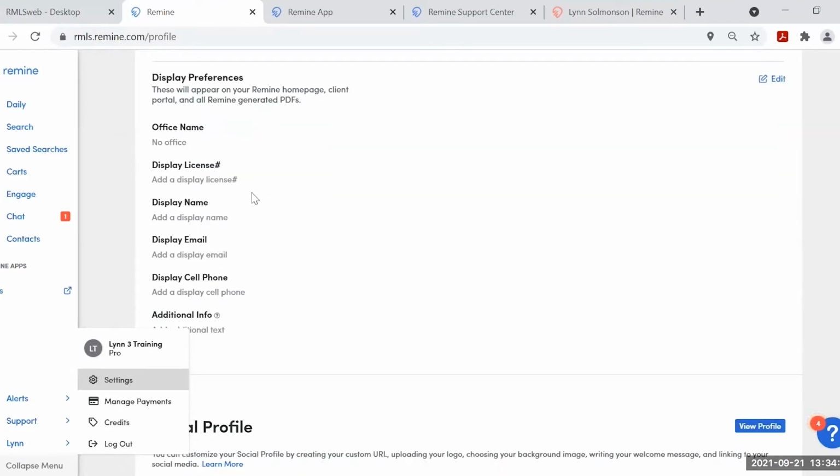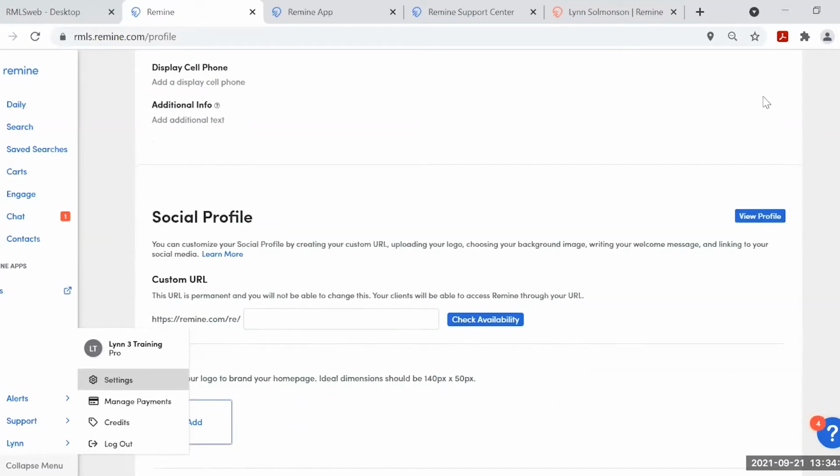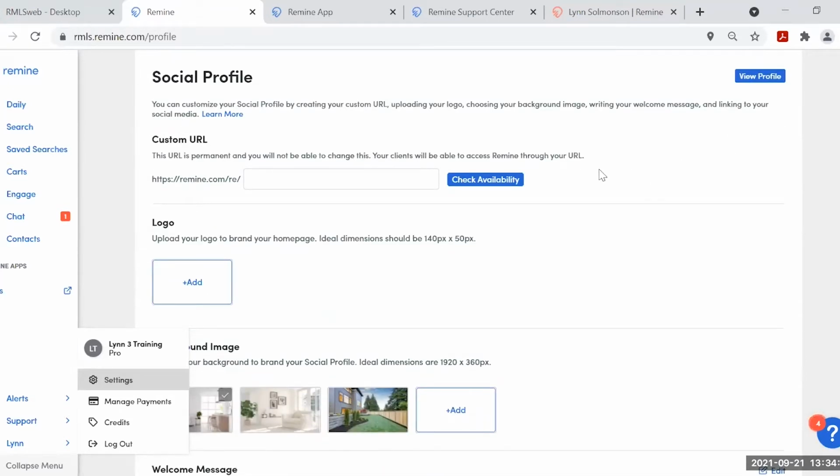If you want your license to show, there is an edit button at the top right in the edit section. For the social profile, what you'll want to do is go in and put probably some combination of your name. Could be your full first and last name run together. Mine is my first initial L and my last name Salmonson.